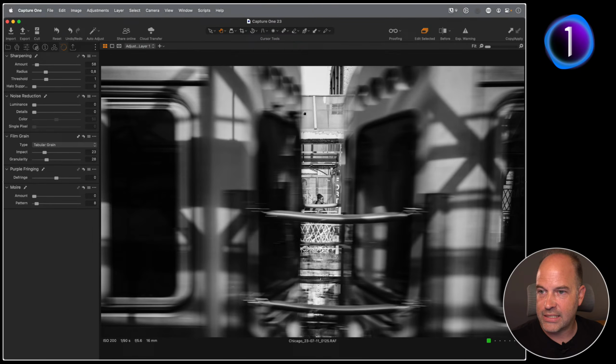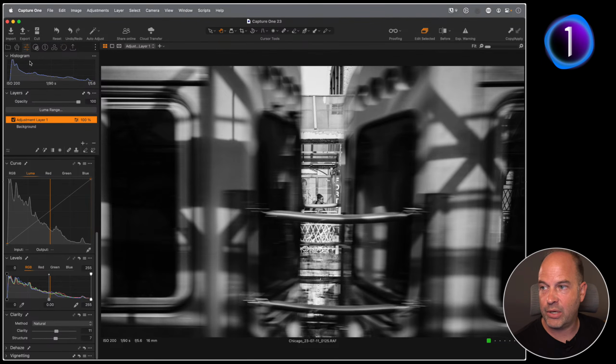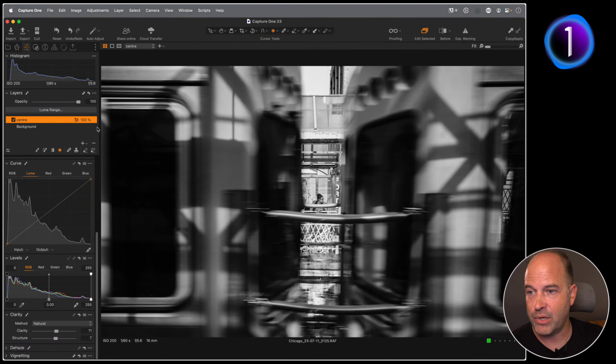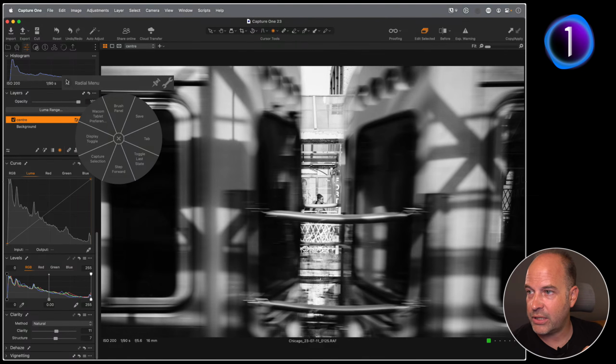So I'm happy with those edits in the middle, but I only want it to be applied in the middle. So let's just name our layer so we know what is going on with that. Center. And what we need to do is right click and clear the mask. This is going to get rid of the mask, but those underlying tweaks that we've just made are still going to be present. And then we can brush those back in where we wish. So let's clear that mask, grab my brush,